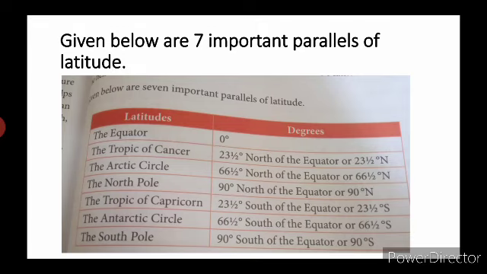The Tropic of Cancer is 23 and a half degree north of the equator, or 23 and a half degree N. The Arctic Circle is 66 and a half degree north of the equator, or 66 and a half degree N. The North Pole is 90 degree north of the equator, or 90 degree N. The Tropic of Capricorn is 23 and a half degree south of the equator, or 23 and a half degree S. The Antarctic Circle is 66 and a half degree south of the equator, or 66 and a half degree S. The South Pole is 90 degree south of the equator, or 90 degree S.